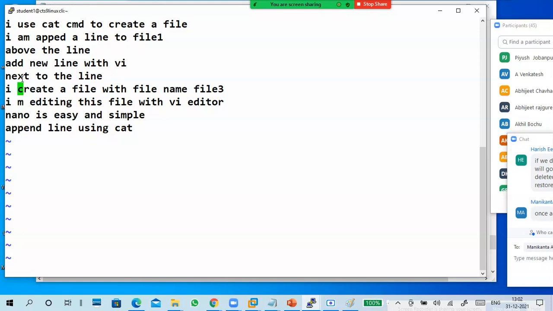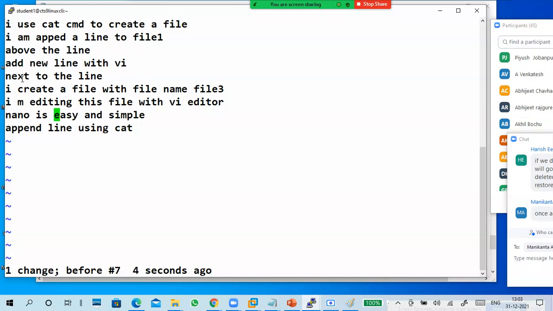Next, you want to delete a word. For example, I want to delete this word, create. dw deletes a word. To delete three words, the cursor word, next word, and next word, number three dw. Or maybe two words, number two dw.